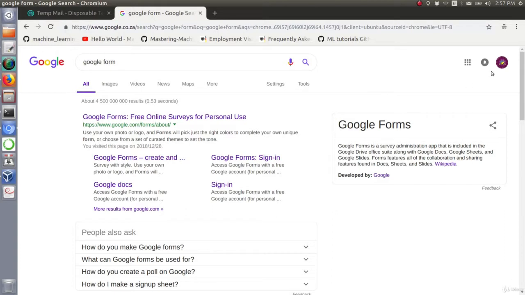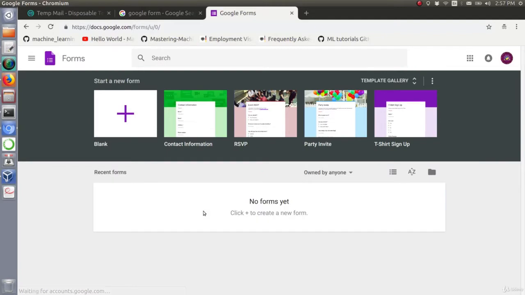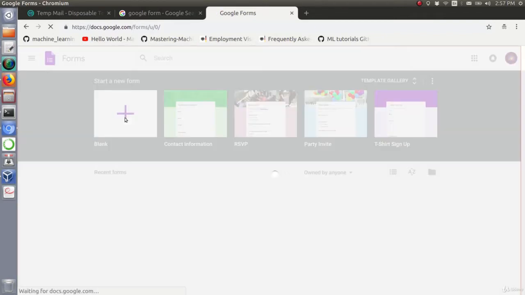So for now, I will just skip the steps to create a Gmail account. After you log in to your Gmail account, just go to Google Forms, and I will go ahead and click on Google Forms. Let's click here,